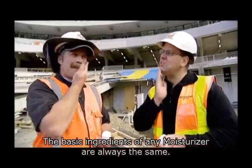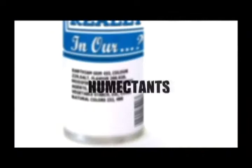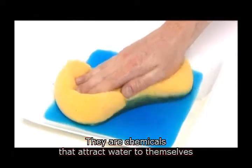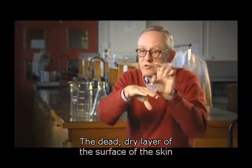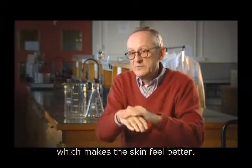The basic ingredients of any moisturiser are always the same. First, there are the humectants. Humectants are the equivalent of our skin's natural moisturising factors. They are chemicals that attract water to themselves and hold on to it. The dead, dry layer of the surface of the skin is above a lower, live, wet layer of skin, and the humectants actually pull water up from that lower layer and hydrate the upper layer, which makes the skin feel